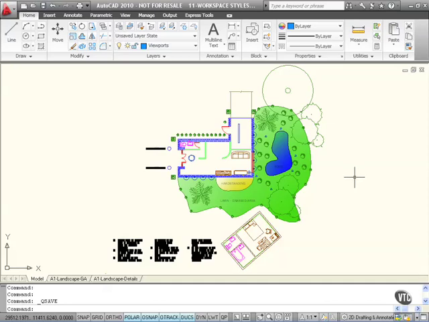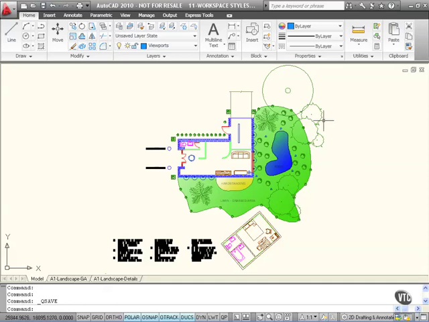Up until now, we've looked at workspaces as a way of changing our environment to work. It may be that you are more comfortable working in a different way to other people that are also using a familiar workspace in AutoCAD 2010. Now, one of the new features of AutoCAD 2010 is the ability to undock the ribbon at the top of